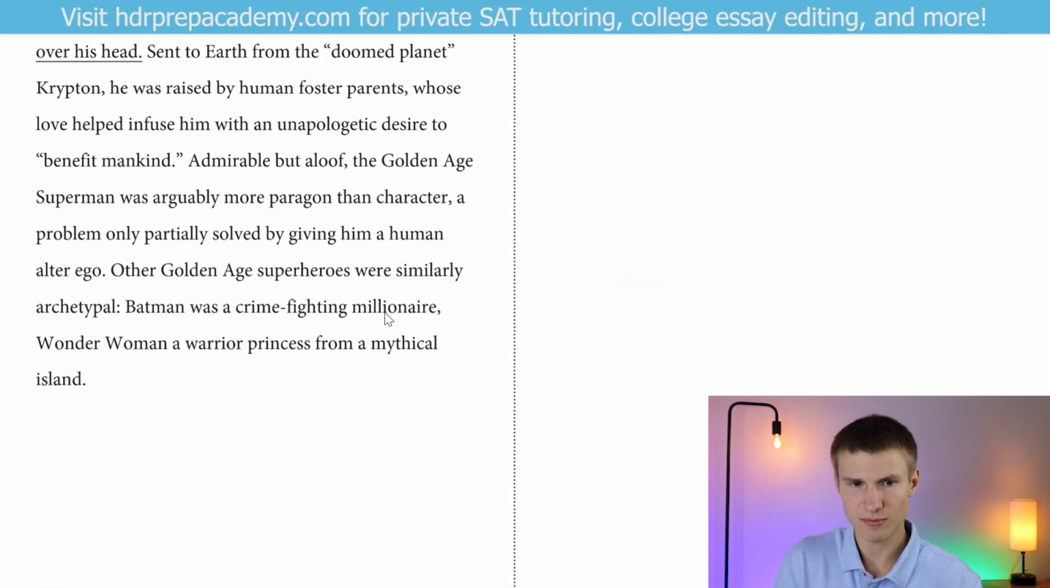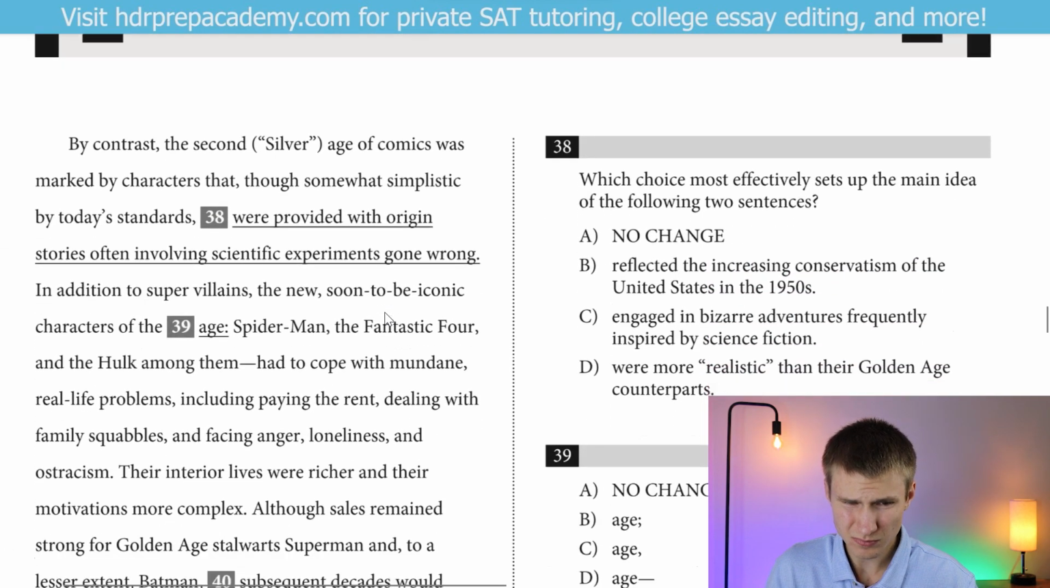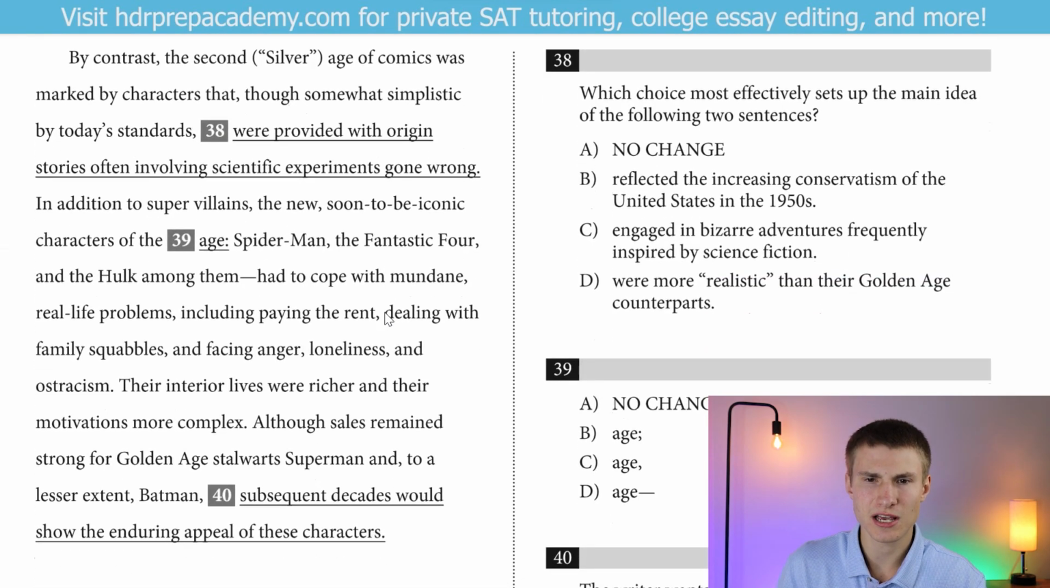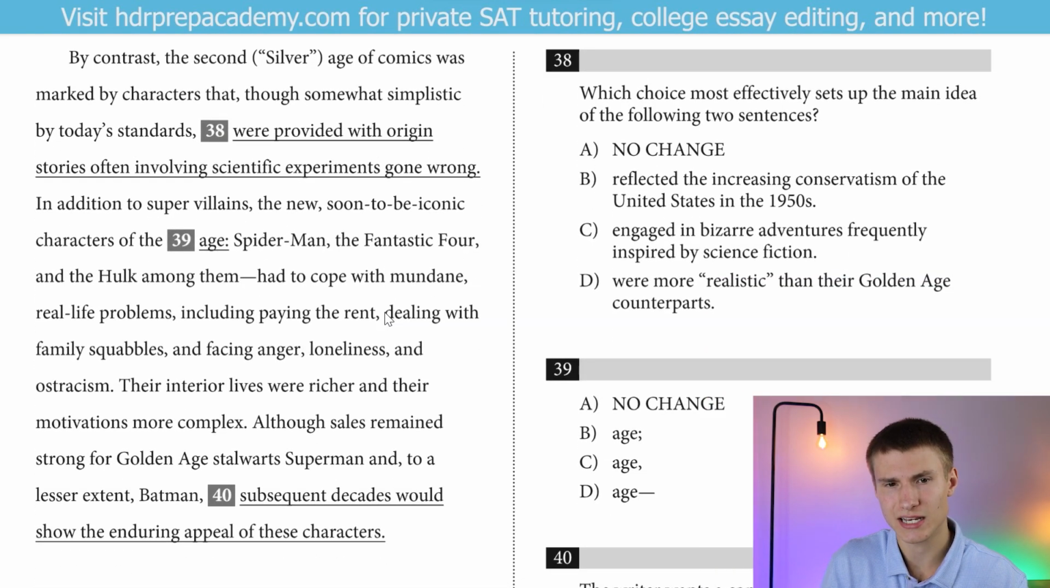All right, sent to Earth from the doomed planet Krypton, he was raised by human foster parents whose love helped infuse him with an unapologetic desire to benefit mankind. Admirable but aloof, the Golden Age Superman was arguably more paragon than character, a problem only partially solved by giving him a human alter ego. Other Golden Age superheroes were similarly archetypal. Batman was a crime-fighting millionaire, Wonder Woman a warrior princess from a mythical island. By contrast, the Silver Age of comics was marked by characters that, though somewhat simplistic by today's standards,